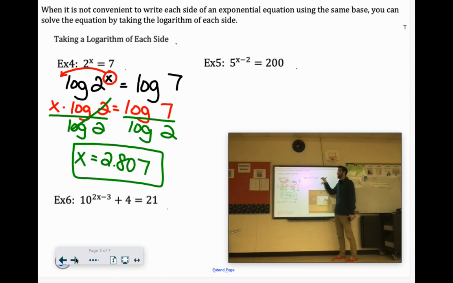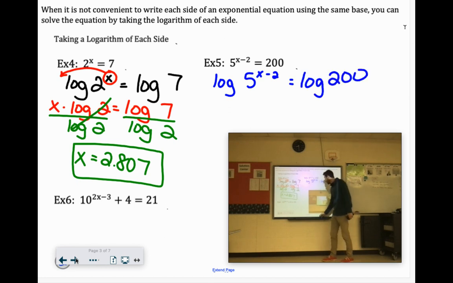Again, we can't get a common base here because 5 with an exponent can't give you 200. So we can log both sides. Log 5 to the x minus 2 equals log 200. Then we're going to do that exponent property. We can bring the exponents to the front as multiplication. So it's going to be x minus 2 times log 5